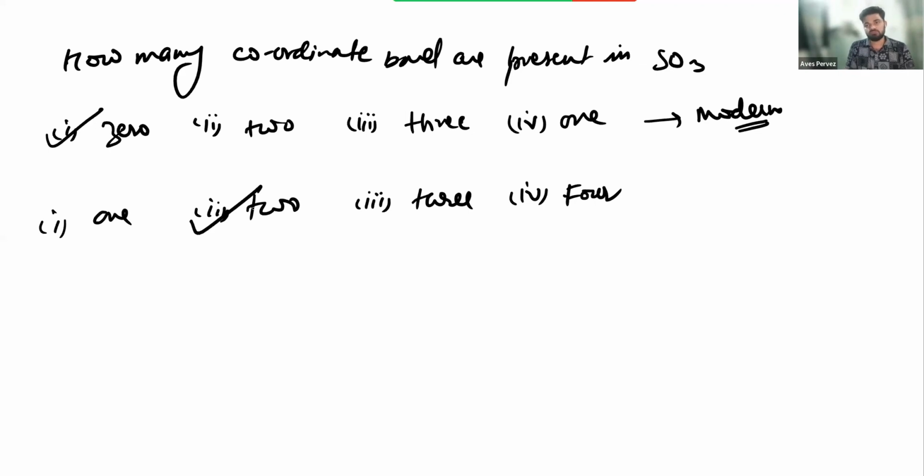Understood? Yes. Next one is covalency. What is covalency? The number of electrons that an atom can participate in bonding is called its covalency. Okay. So if I talk about what is covalency,